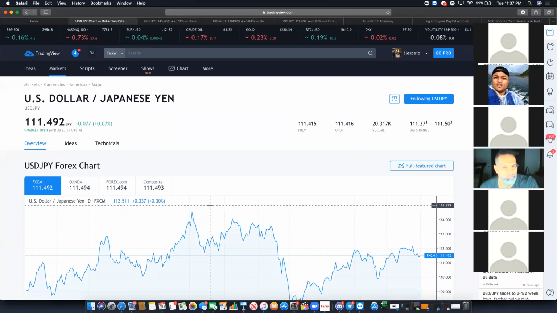For instance, who here can attest that they've entered a trade and they swore that the trade was exhausted in terms of the market going up and you were trying to sell and the market just kept going up and up and up? Or towards the opposite side, you were trying to buy and the market just kept going down and down and down. Who can attest to that? Me. I can.